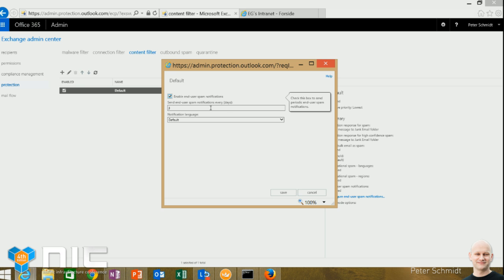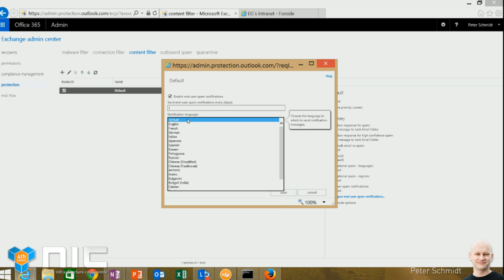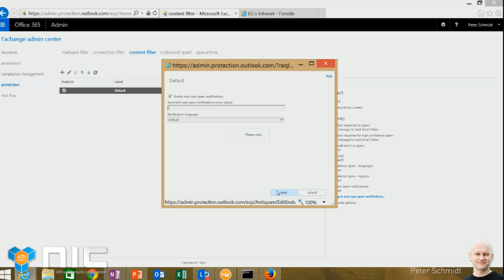And I can set this up so they'll receive this report every 1 to 15 days. In this case, I'll set it up so the next day they'll receive a report of what has been caught in the spam notification. And if you have the need for it, you can set up certain languages for it as well.